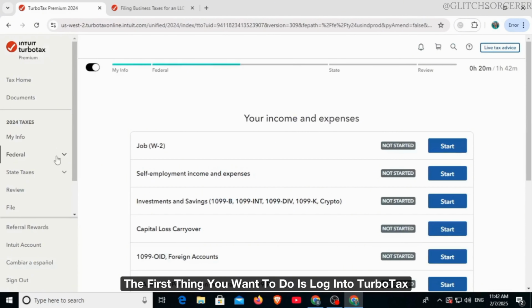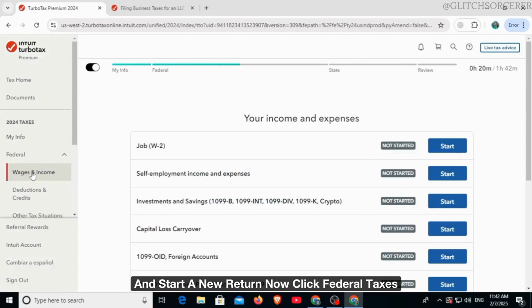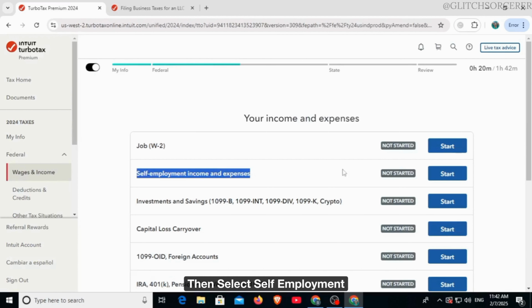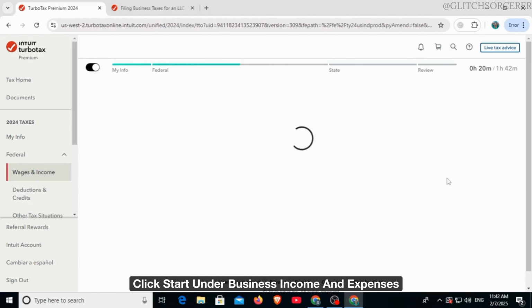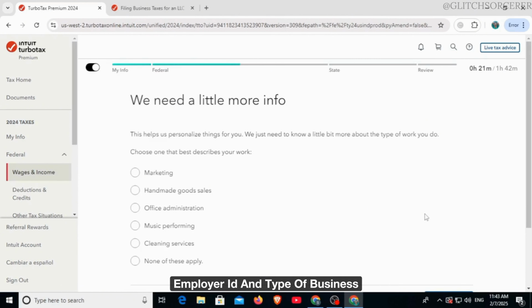The first thing you want to do is log into TurboTax and start a new return. Now click Federal Taxes, then select Self-Employment. Click Start under Business Income and Expenses. Now select I have a business and enter your LLC details such as business name, employer ID, and type of